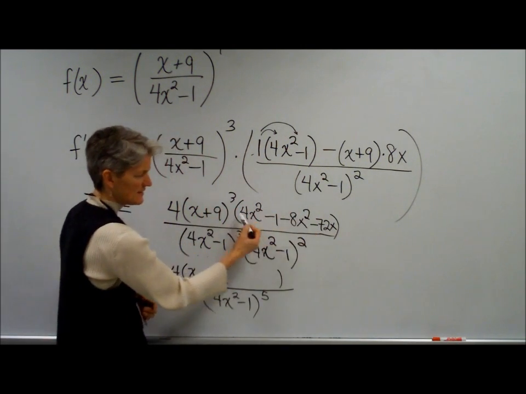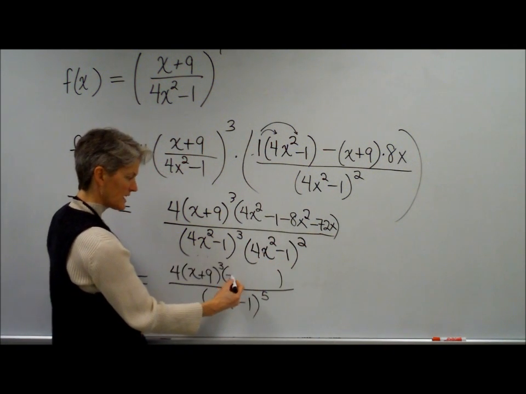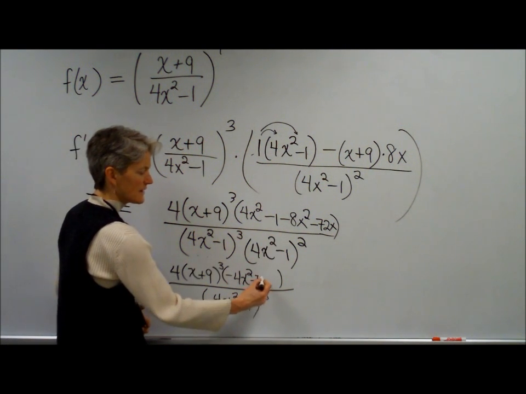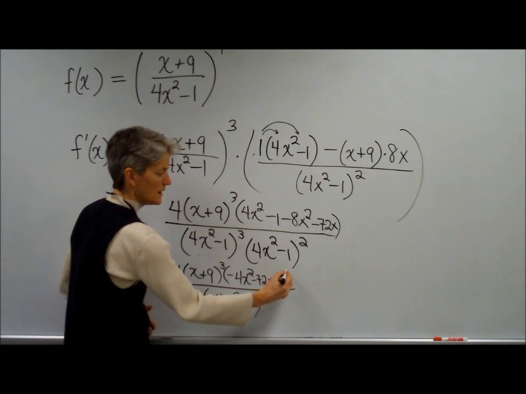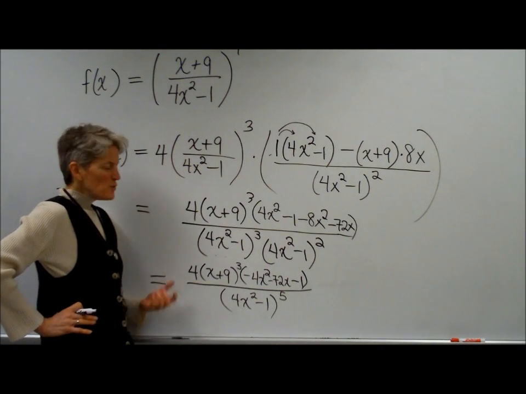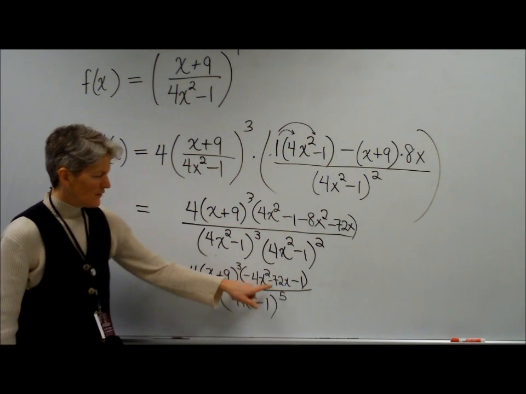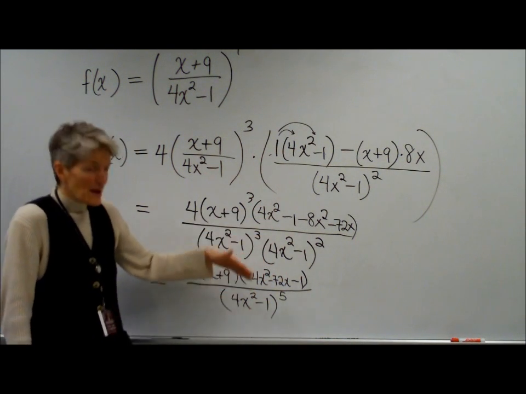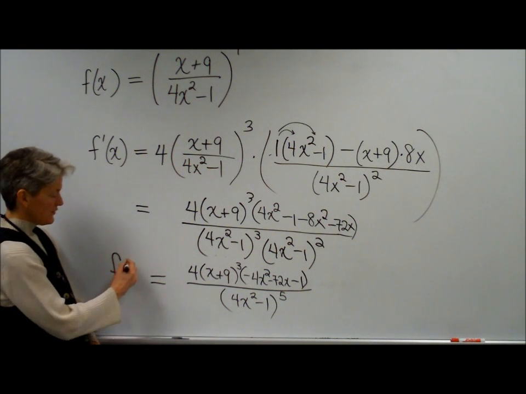So let's see if we can clean this up, combine like terms. 4x squared minus 8x squared looks like a -4x squared. Minus 72x, getting a little cramped, minus 1. Now, the next thing you might want to look at is, is there anything I can factor further? For example, maybe that trinomial might be factorable, that then would allow me to divide, but that's not looking factorable. So my derivative